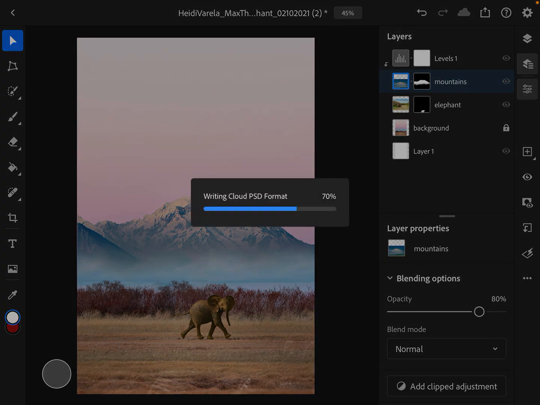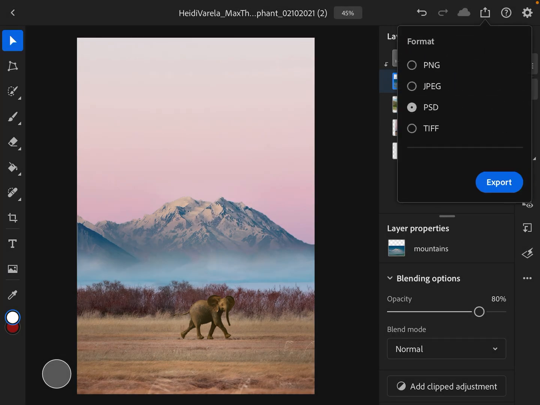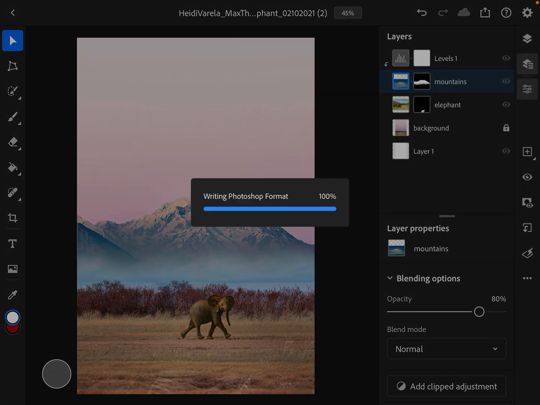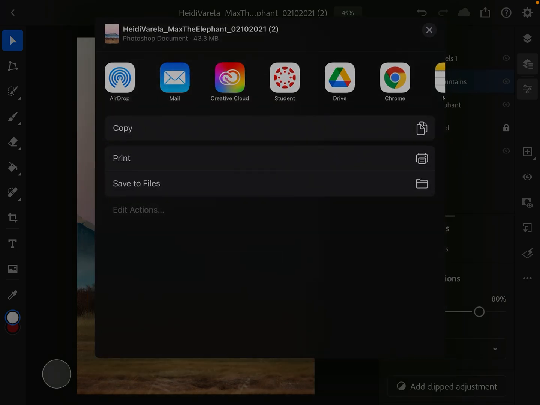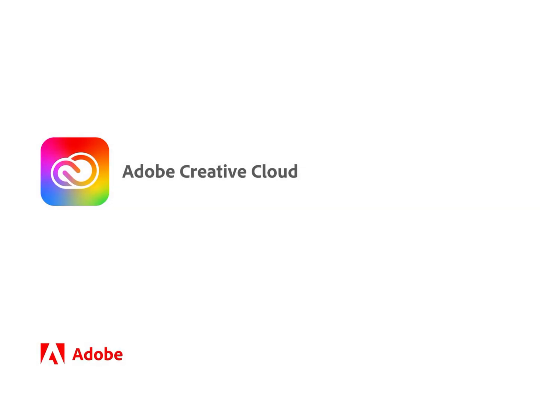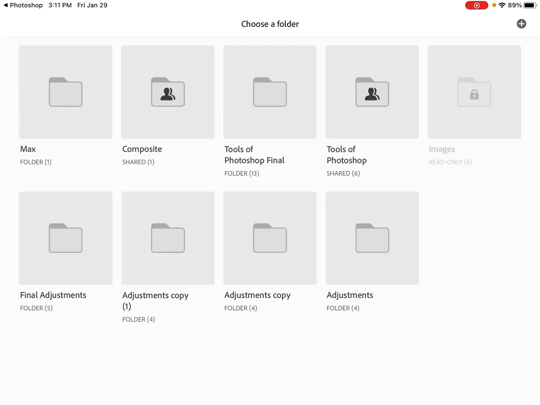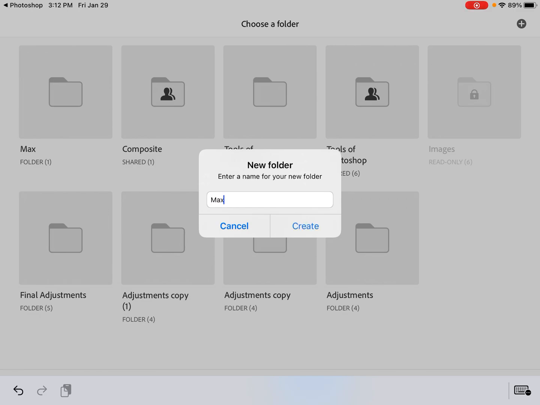You're going to go to share and you're going to say publish and export, and make sure you select .psd, okay? Otherwise, these layers will not be saved, okay? I'm going to hit export, and I'm going to pick Creative Cloud. And this is a big file, so it might take a minute to save this. And I want you to make a new folder called Max the Elephant. And hit create